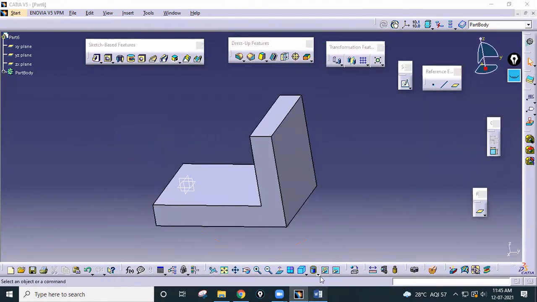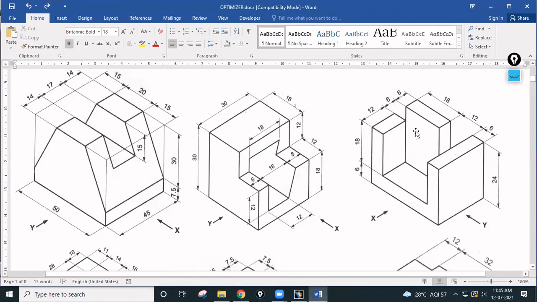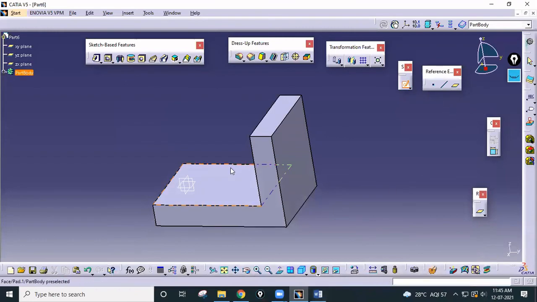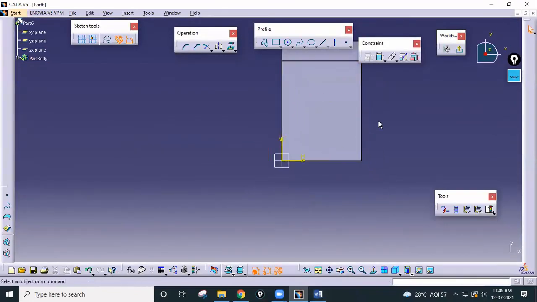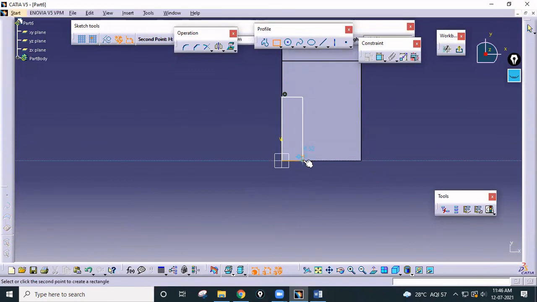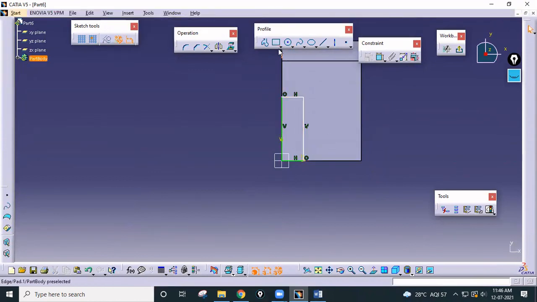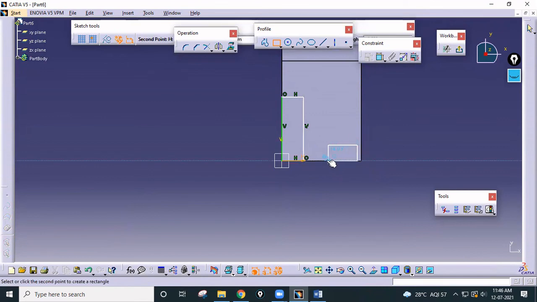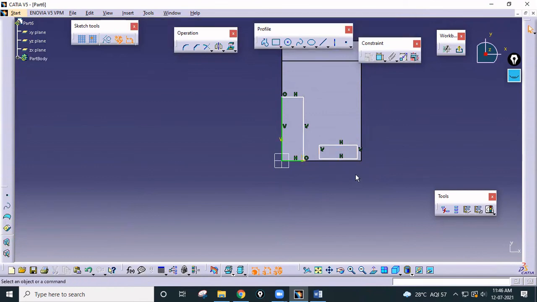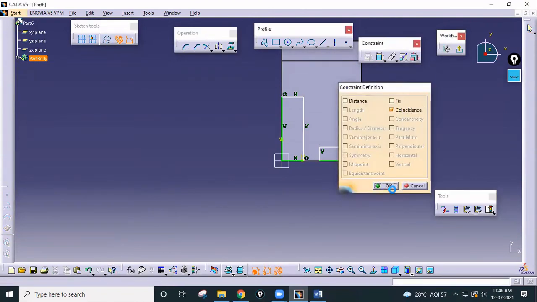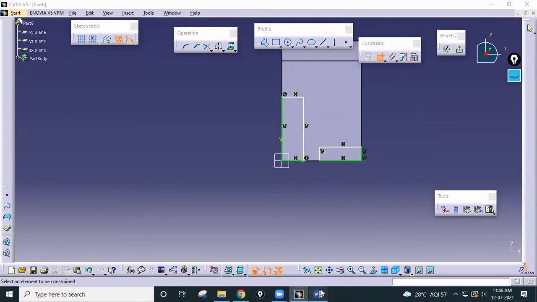So this is the first step, and the second step is you have to draw these two rectangles and pad them by 18. I'm going to draw two rectangles on this space. Here one rectangle is exactly like this, and the second one is like this. These two points should be coincident. Now you can give the dimensions.